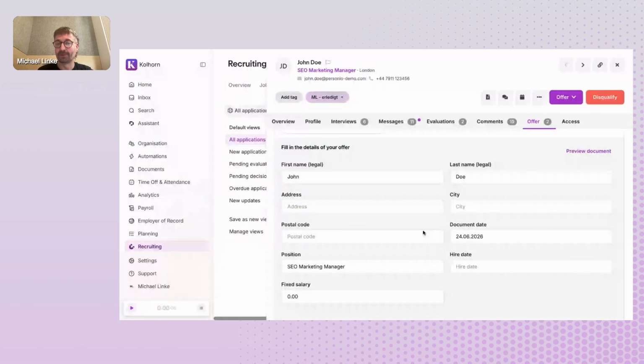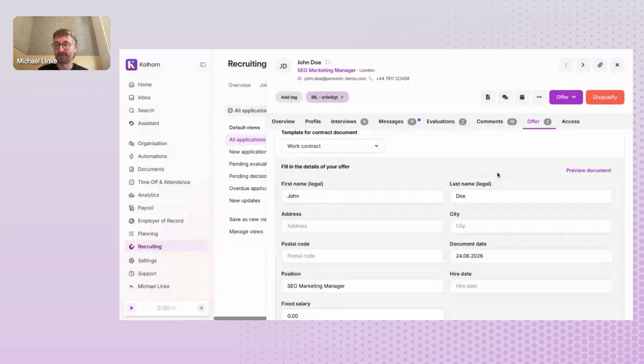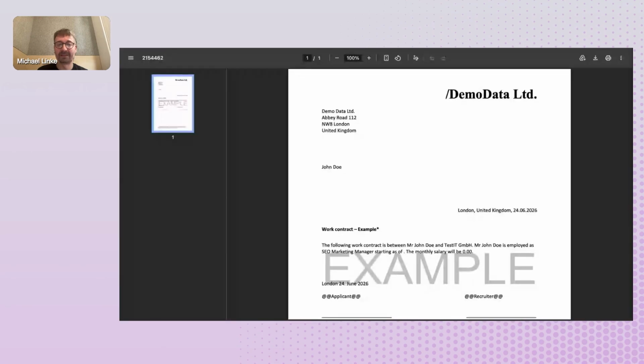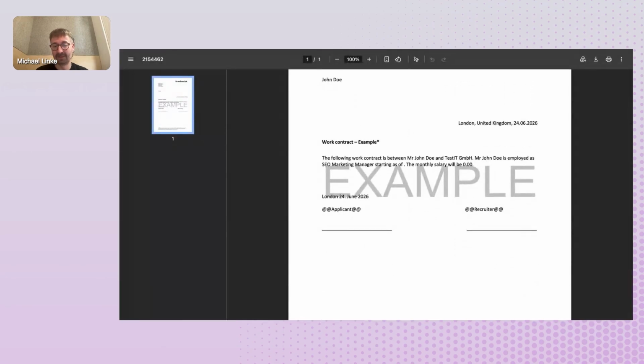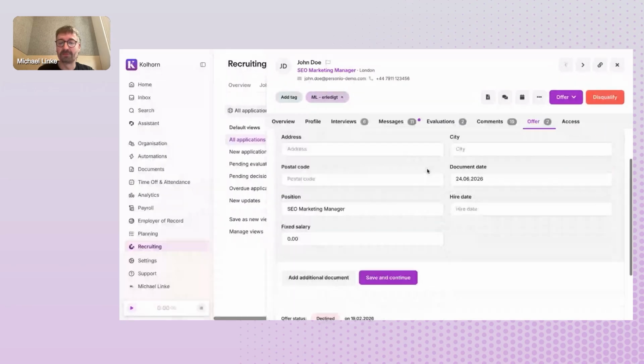As with other templates in Personio, you will see certain placeholders that you can then fill in, and this information would be written directly into the document. And you can click on Preview Document at any time to see how the document will look. You can also see these signature placeholders. This is where later on the candidate or the recruiter would sign. These are always marked by a double at the beginning and the end. These would then also disappear and be replaced with a signature. So this would not be in the final document. Once you've created the document,